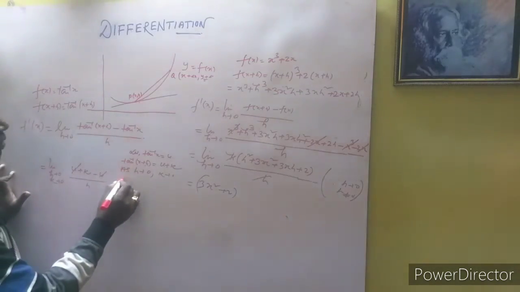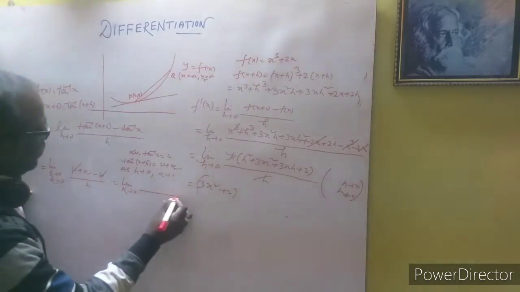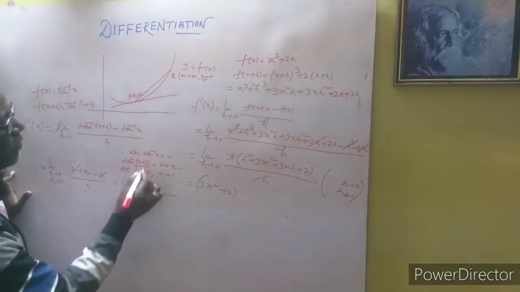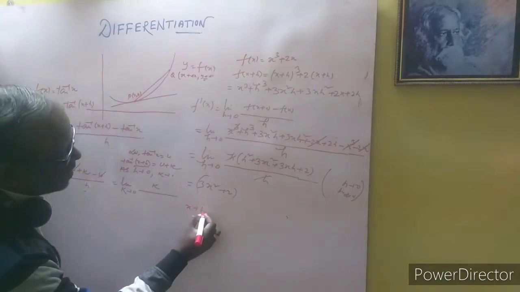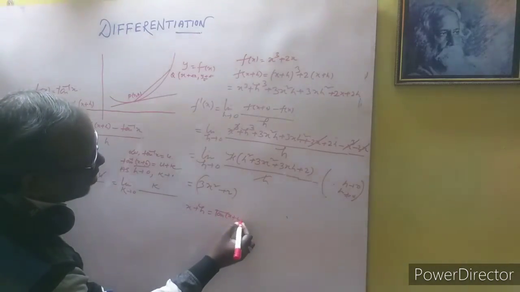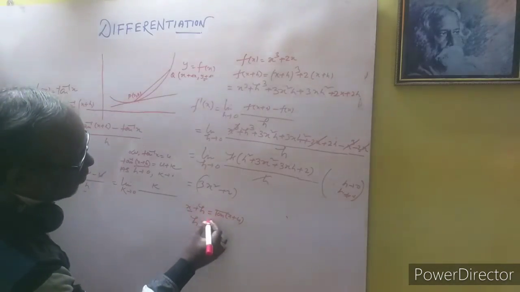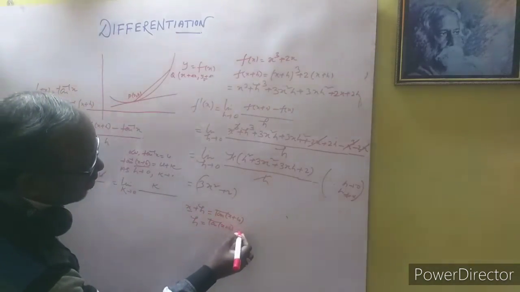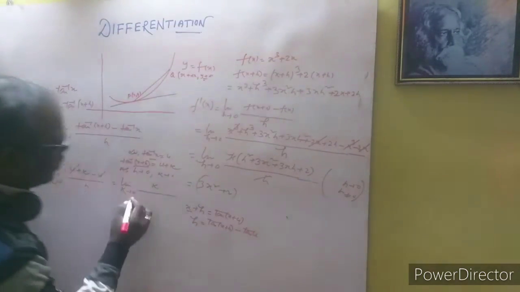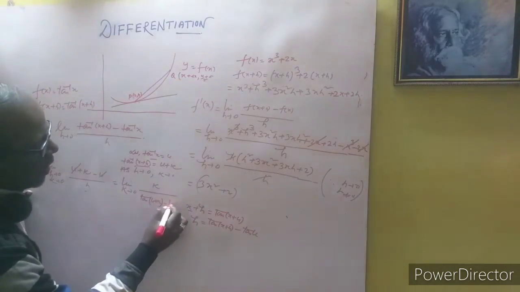Okay, now limit k tends to 0, so there is k, and find h here. So x plus h is equal to tan of u plus k, so h is equal to tan of x plus h minus x, and x means tan u. So substitute here tan of u plus k minus tan u,